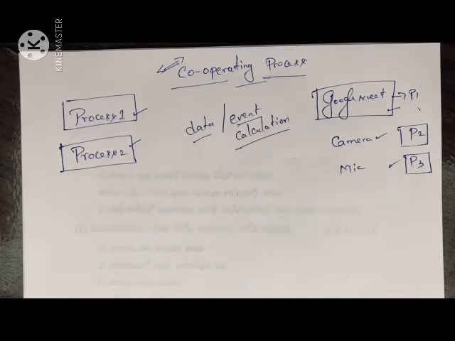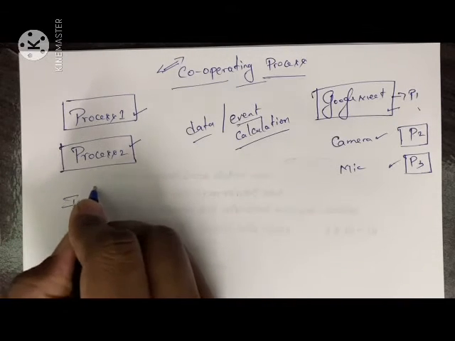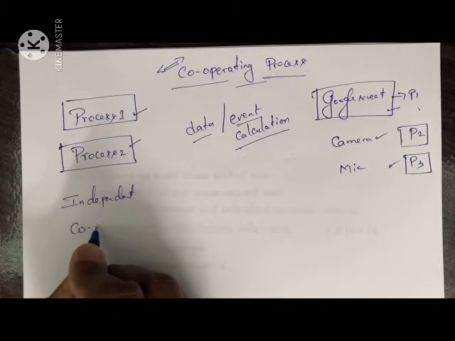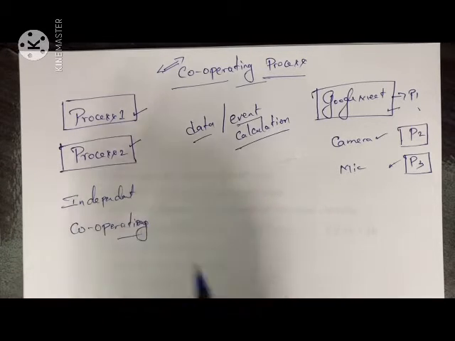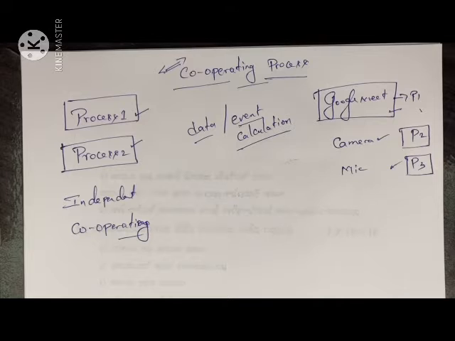In this we will come across two different types of process. One is the independent process, and the other one is the cooperating process. Cooperating we have already discussed. Cooperating is when one process is communicating with another process for some information. An independent process is a process that does not depend on any other process for execution. That kind of process will be considered an independent process.